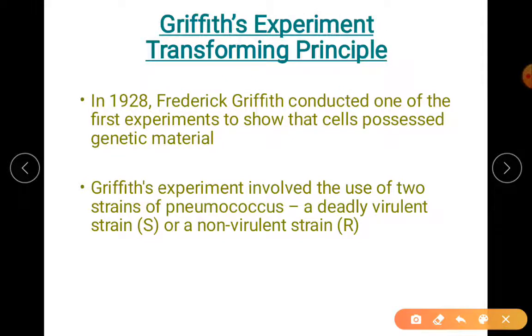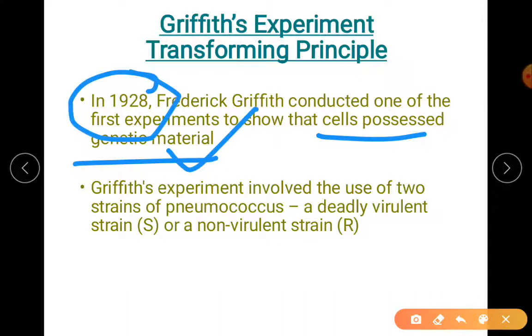So his experiments were showing whether the cell possesses genetic material, and which component possesses it. Ultimately now we know DNA is the one, but in his time, 1928, it was not very well known that DNA was the genetic material. It was just known what a chromosome is, what a factor is, but it was not known whether DNA or RNA or some protein is the genetic material. That was a big question mark.